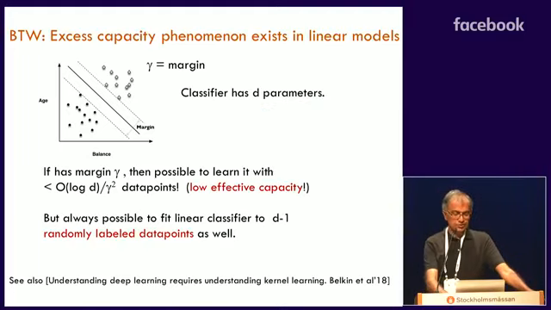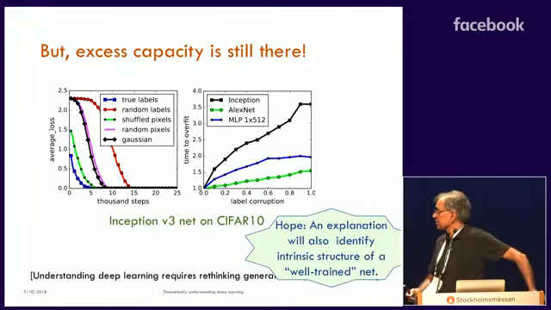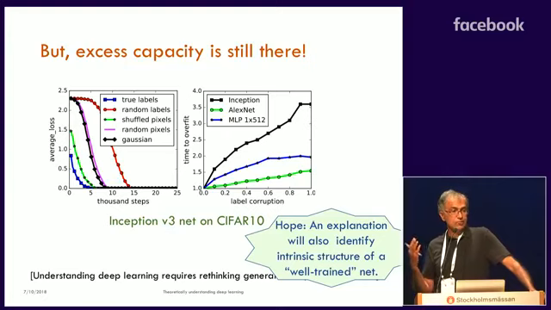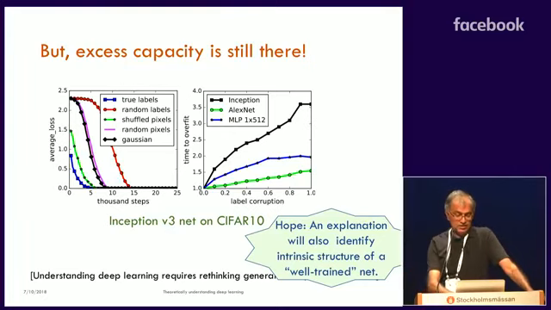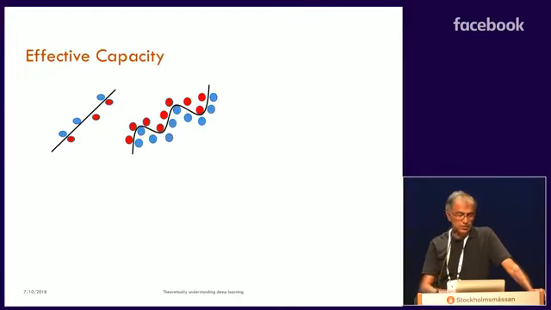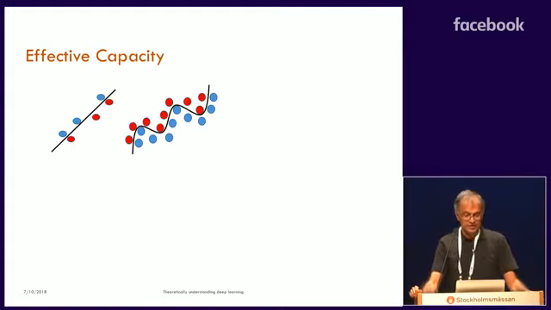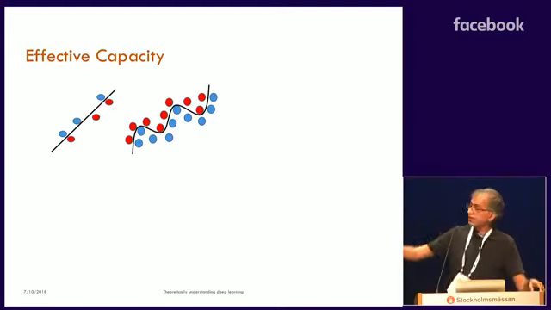it's probably going to give us some insight into the intrinsic structure of a well-trained net. Okay, if we understand what generalizes, then it'll give us some insight into the structure of a well-trained net, which should be useful for all kinds of things. Interpretability, better algorithms, whatever. Okay, so this brings us to this notion of effective capacity, and this textbook picture that